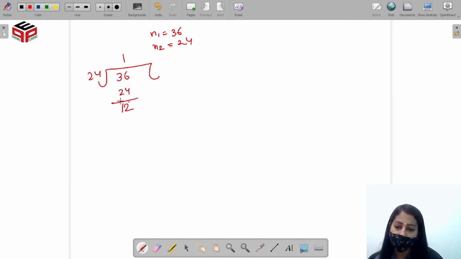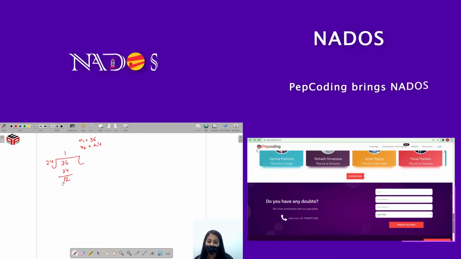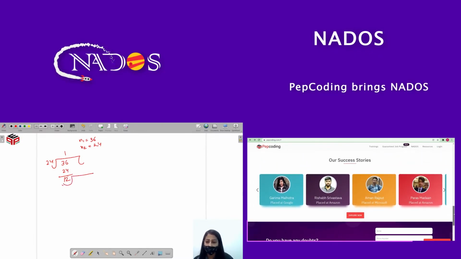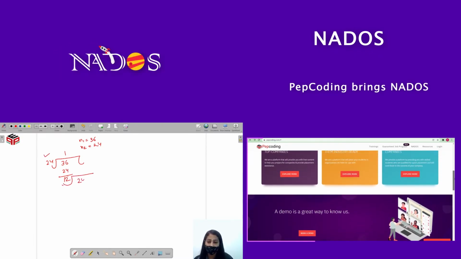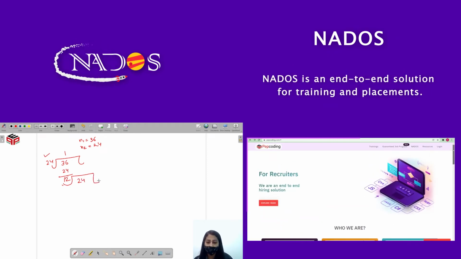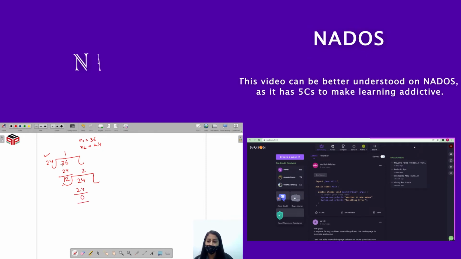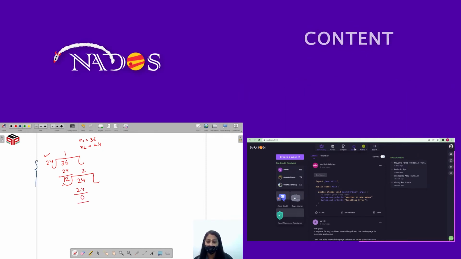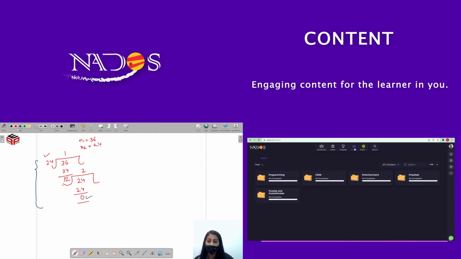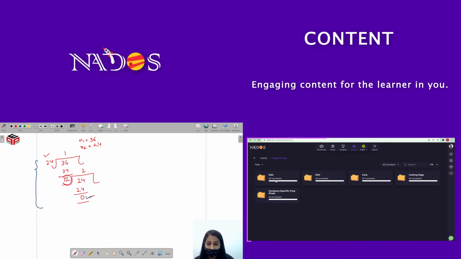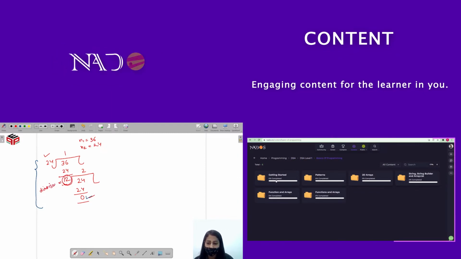Now this remainder becomes our divisor, and the divisor becomes our dividend, right? So again we divide and we get the remainder as 0. We have to perform this division until we get the remainder as 0. When we get the remainder as 0, the divisor is our GCD. The divisor which gives us the remainder 0 is our GCD,